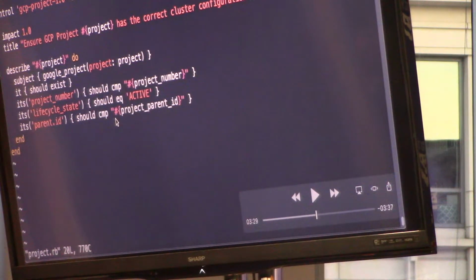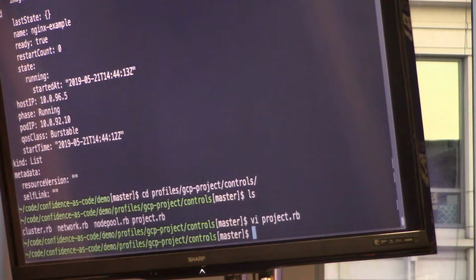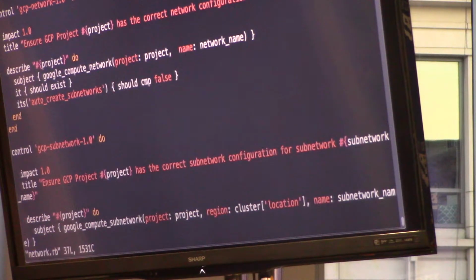That's another one, right? These are canaries. Really simple, quick checks. Is the state of the foundation correct? And honestly, this runs in like half a second to a second. So you're not even spending a lot of extra time in the test to validate these things. So the next thing I'm saying is, is the network that I'm creating correct? Does it have a very specific security setting called auto create subnet? False. And then the subnet below,